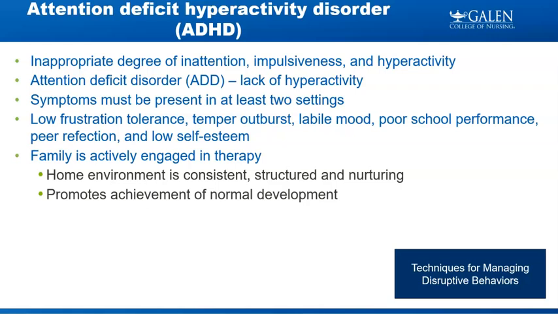If the teacher's like, no, they're super calm, they're paying attention, they're doing great in school, but they're struggling at home, we want to figure out what is the difference between school and home. These kids can get frustrated easily. Their mood can be all over the place. School performance can struggle. If we're not addressing this appropriately, they might get in trouble a lot.